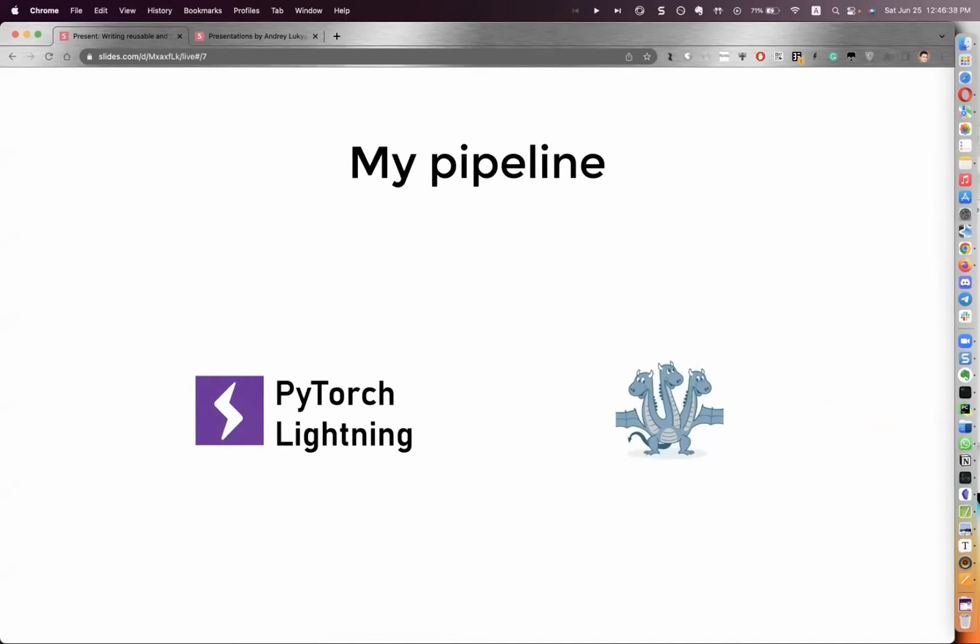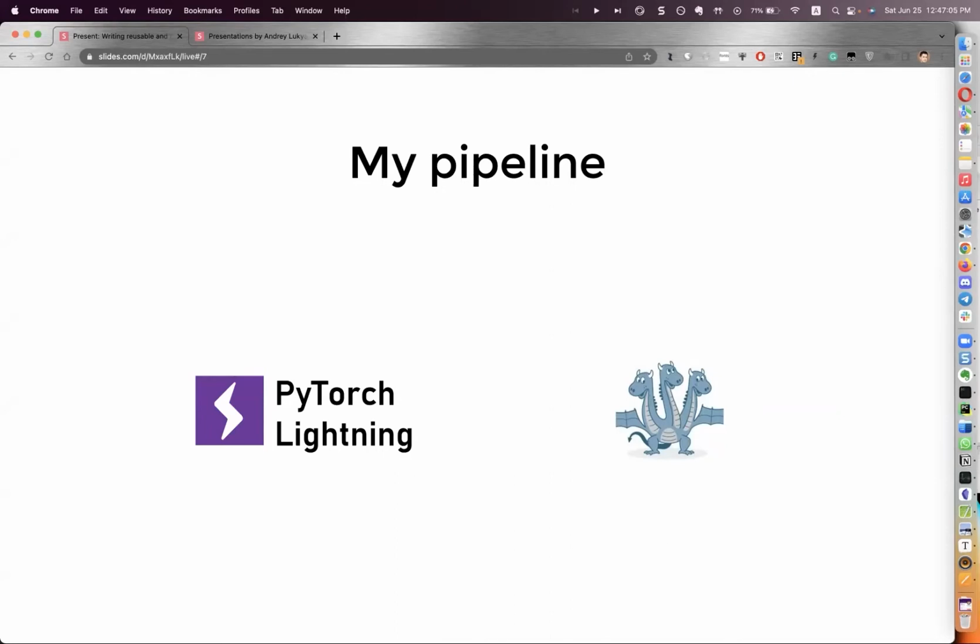My approach evolved over time. At first, I wrote my code in TensorFlow, then I wrote it in pure PyTorch. I have tried multiple frameworks, and currently my approach is based on PyTorch-lightning and Hydra. PyTorch-lightning is a high-level framework for PyTorch. It abstracts a lot of boilerplate code and lets you write less code, and it has a lot of flexibility and nice features. Hydra is about managing configuration files.